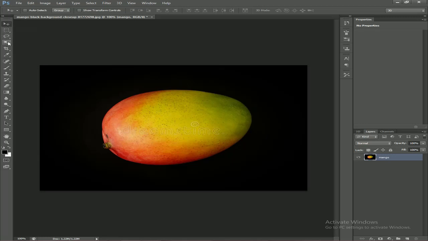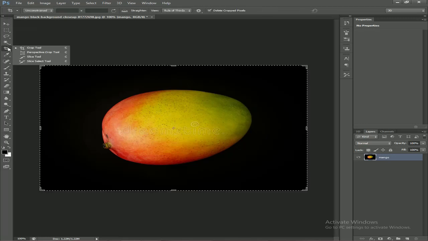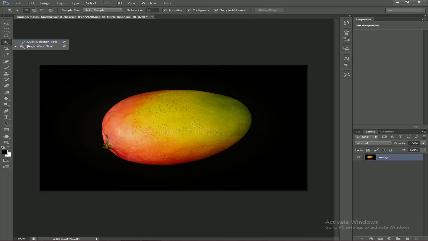So we right click on the fourth icon from the top and we select magic wand. Then, far away from our object,